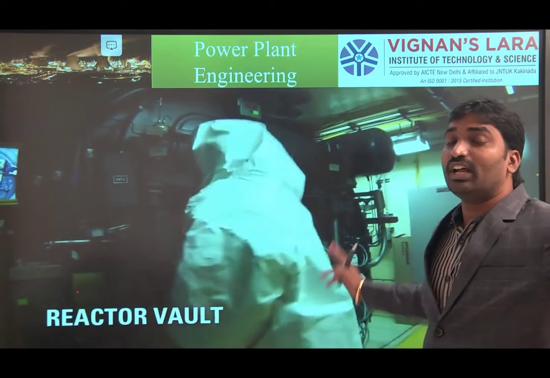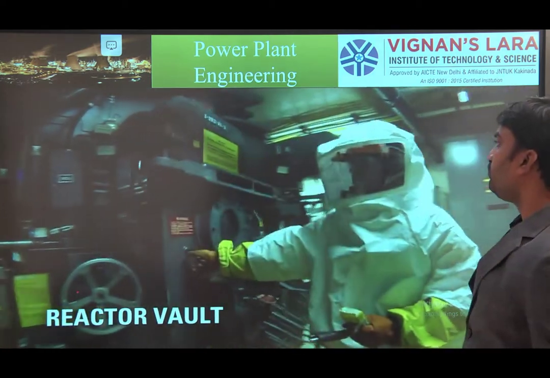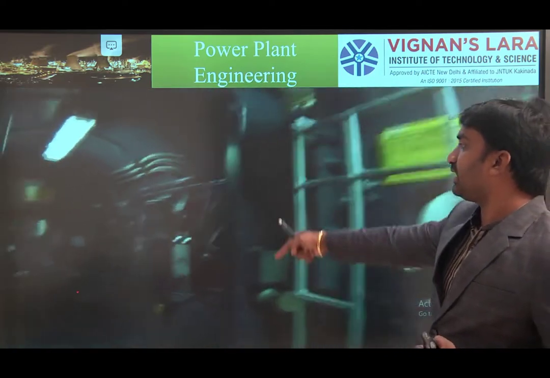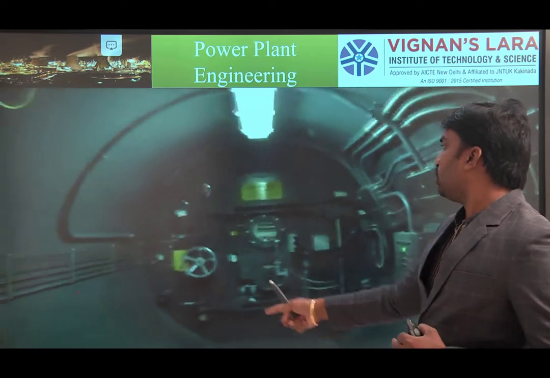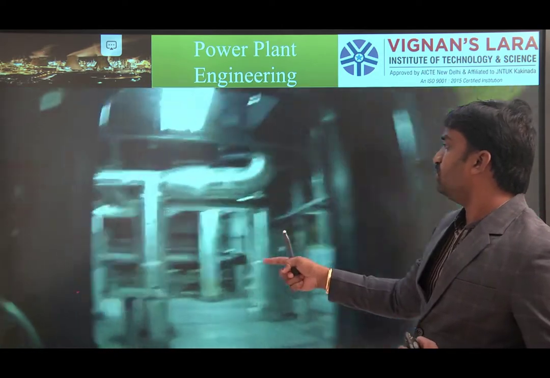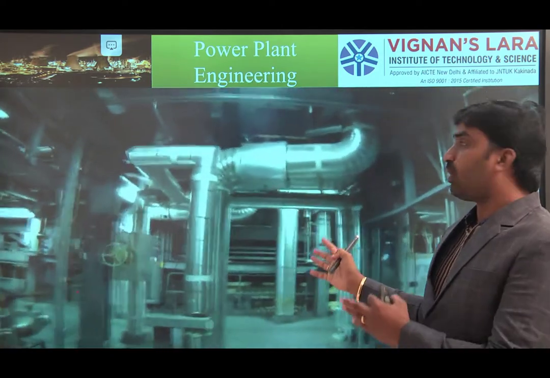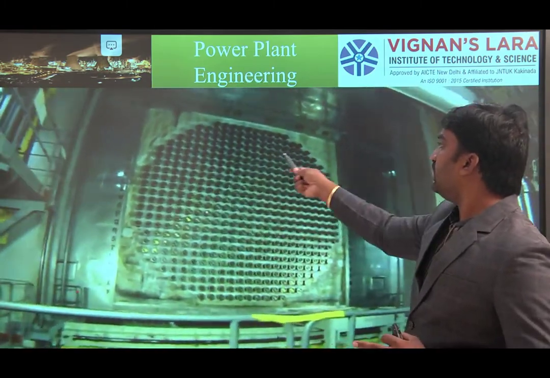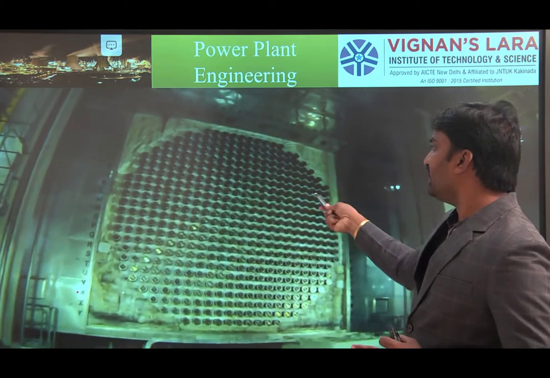Okay, so that much cable is there. So we would like to enter into the reactor valve. So this is the reactor zone here. It's a very dangerous zone. Here the radiation problem is very high, so you need to protect yourself very carefully. And this is the position where we need to fill the fuel bundle.